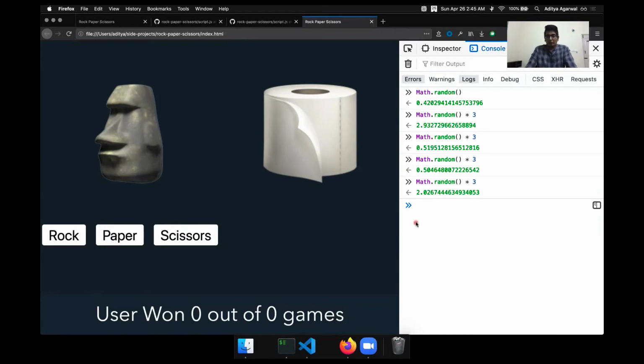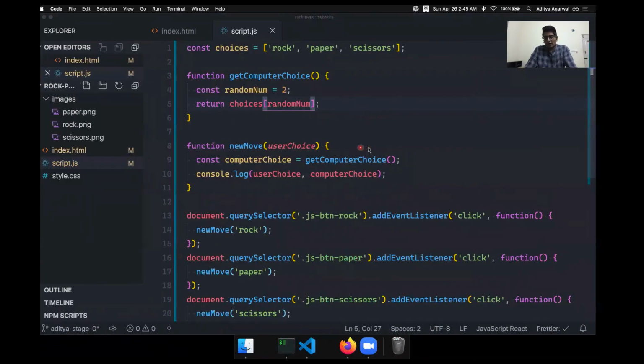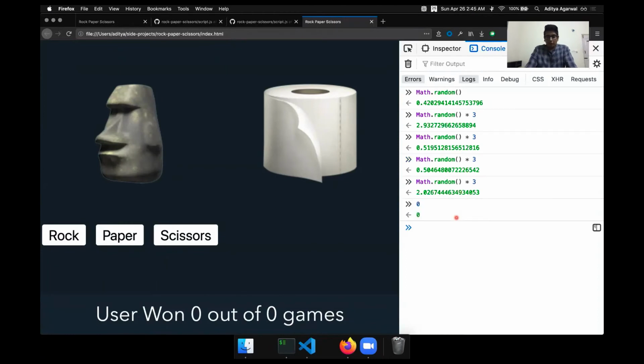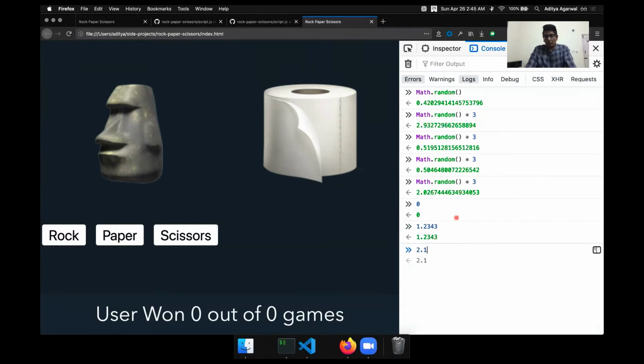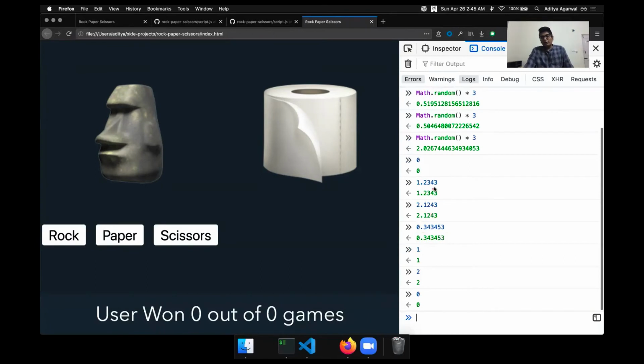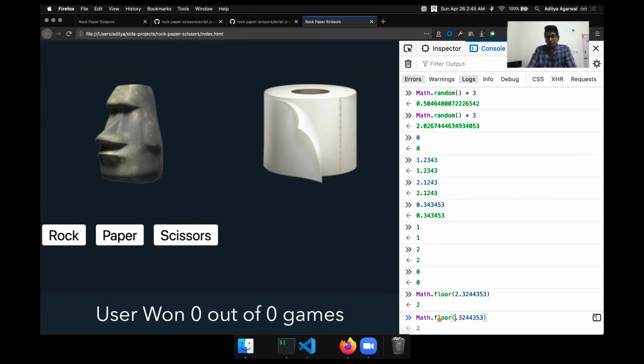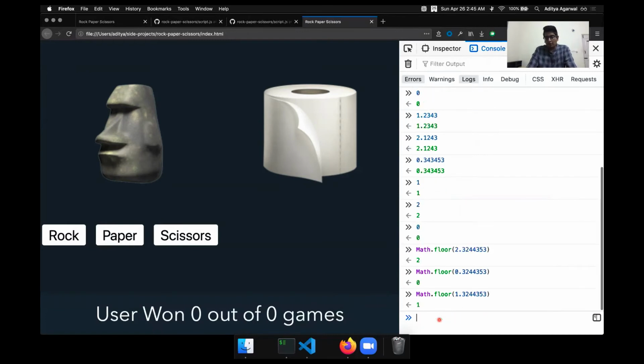So now we know the values we get would be something like 0 point something, 1 point something, or 2 point something. If we just remove this decimal part, the values we'll be getting are 1, 2, 0. So let's drop this decimal part. How can you do that? For that there is a function called Math.floor, and if you pass it a decimal, it will just give you the first part. Here it is getting 2. If I do 0, it says 0. If I do 1, it says 1. And if it has 100, it will just say 100.